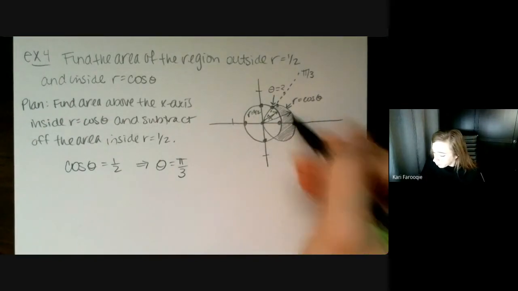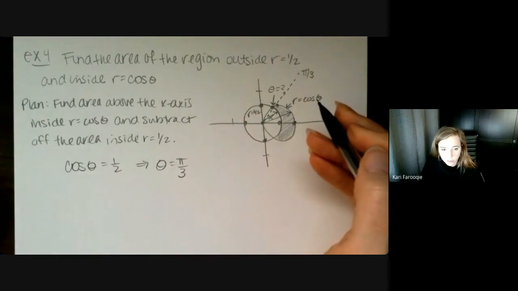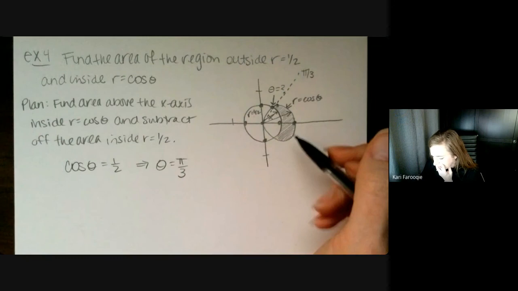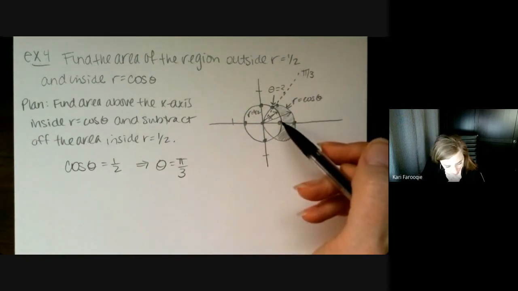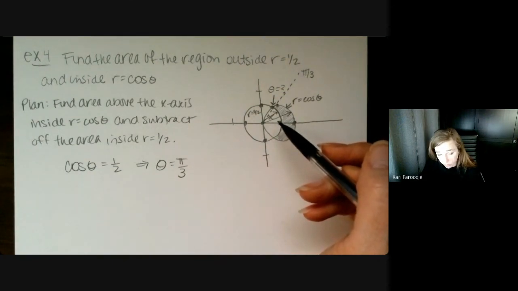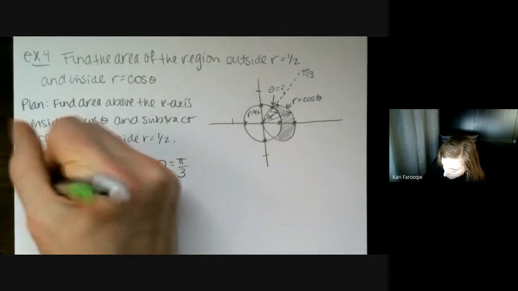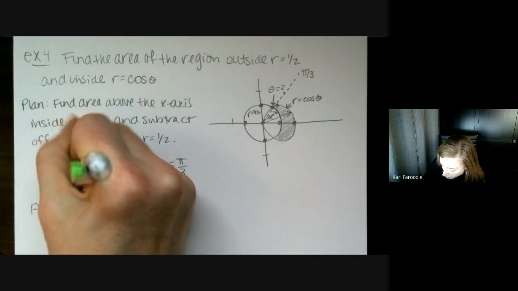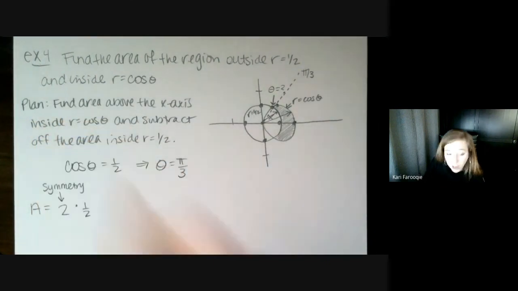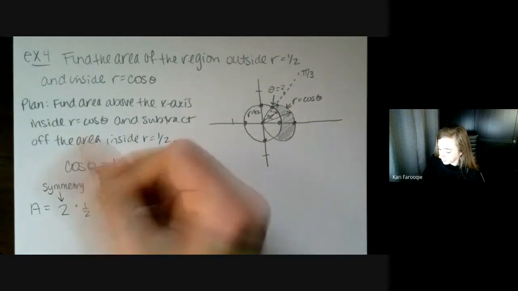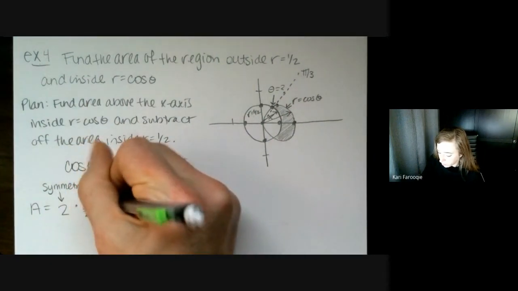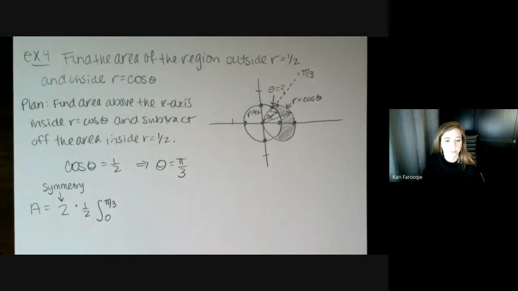All right, so I'm going to go from 0 to pi over 3. I'm going to use some symmetry so that I can take that off. If you want to wait until the end to use the symmetry, if you feel like that's going to be confusing to put out there, that's fine. I'm just going to use it now, otherwise I might forget that it's even there at all. Okay, so the 2 is for the symmetry. The 1/2 is part of your area formula. We're going from 0 to pi over 3.